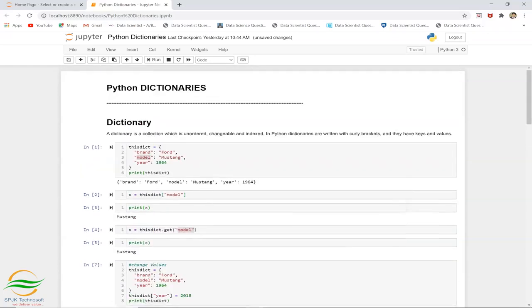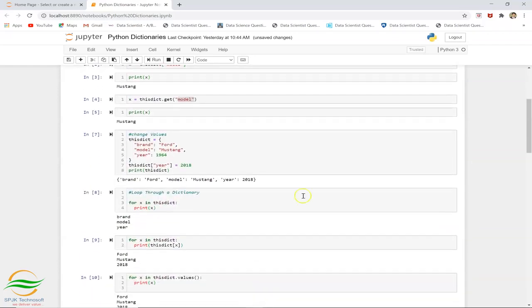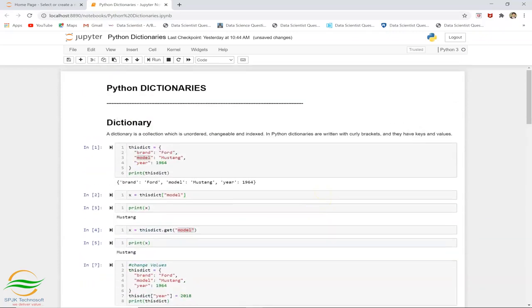Because we mostly use lists as well as dictionaries for creating any kind of model, or doing around 80% of the work in model creation, or defining any new logic or any new models in machine learning as well as data science. So this is what we have learned today.